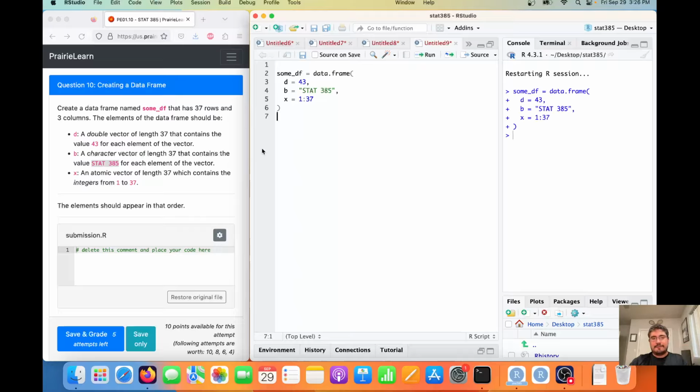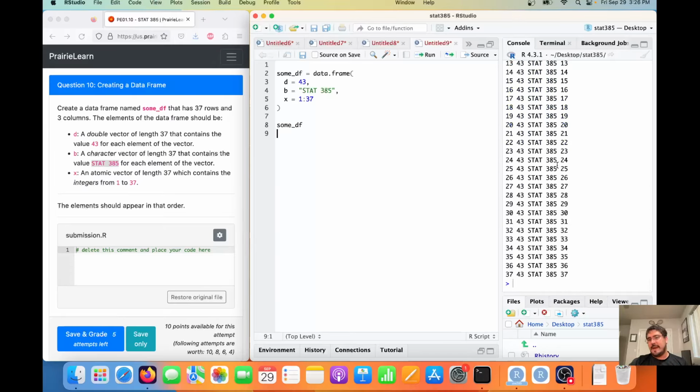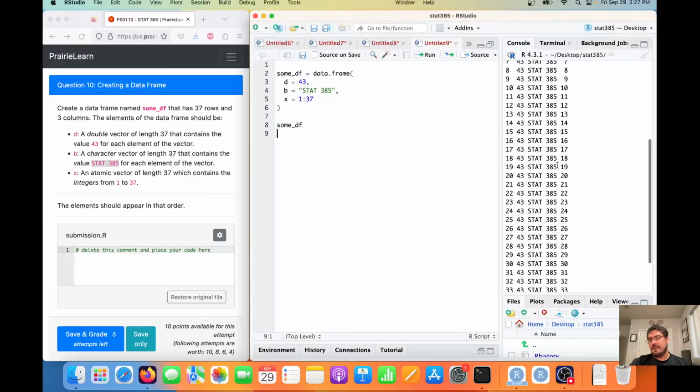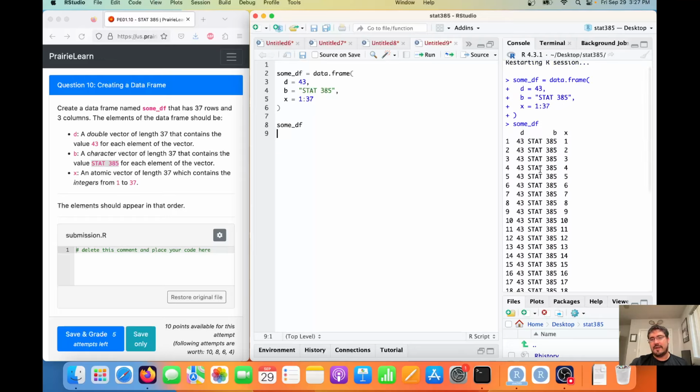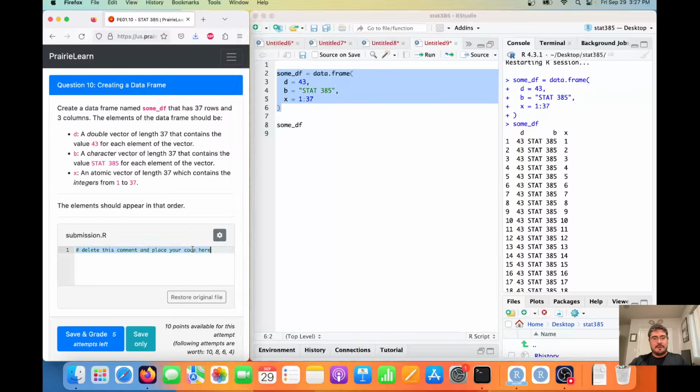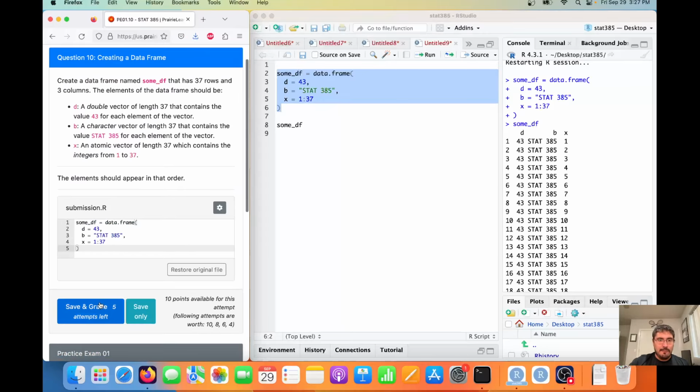Let's try it out. Yep, we get the desired length coercion. Okay, so then I need to